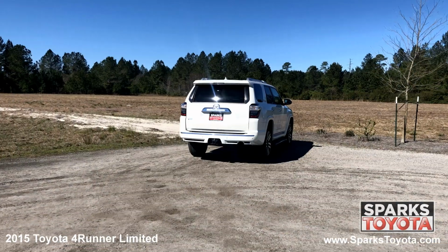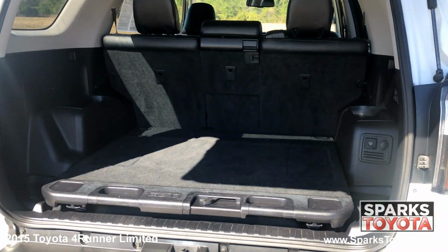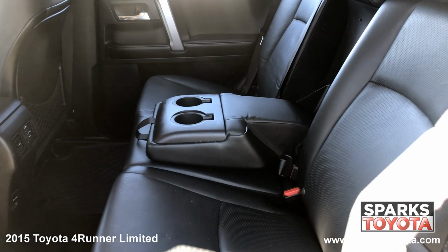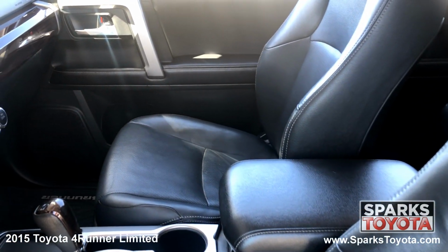47,578 miles. A power rear window, a hidden wiper, the tow package, LED brake lights, parking sensors, a spacious cargo area with a sliding cargo tray, and a comfortable back seat with cup holders. We can't forget about the power sunroof, the front row power heated and cooled leather bucket seats with driver memory,